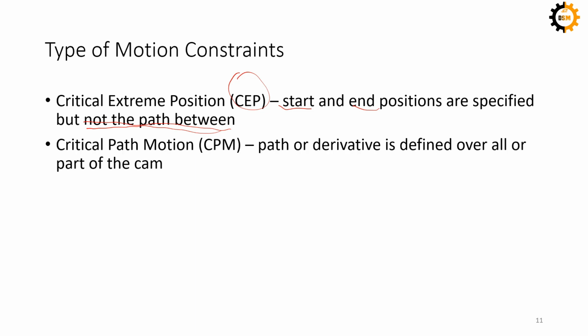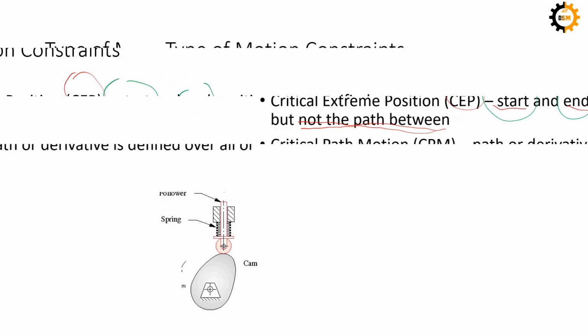The other type is the critical path motion, where you know how the segment will behave during the motion, not just the start or the end. Like you know if it is going to move with constant velocity or with constant acceleration. Okay,